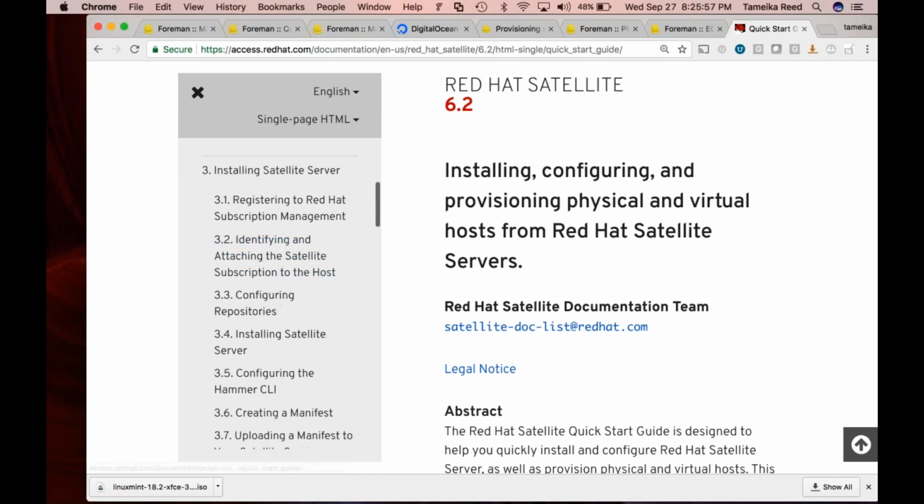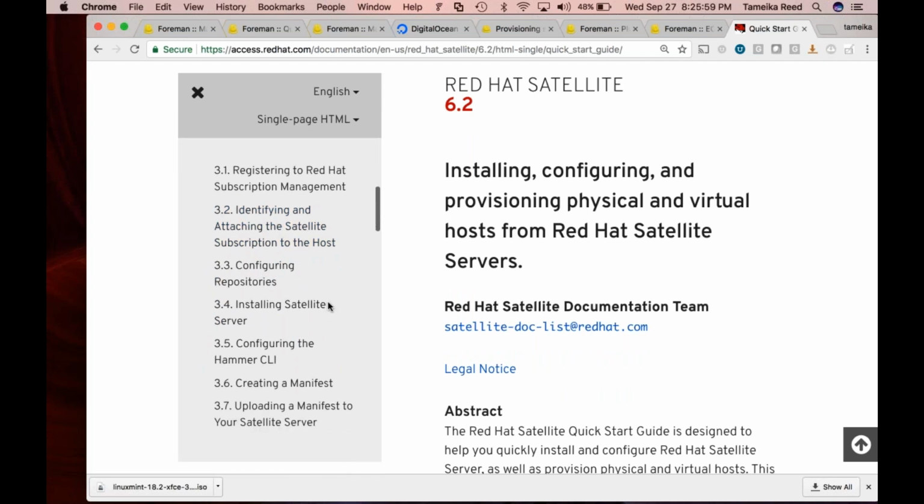All right, so you'll have Hammer. You get that as well to install. Hammer's like your command line tool to go and do whatever you need to do on the satellite server. So if I download an ISO, I mount it on my Linux box, I upload those packages into a repo that I've created on my satellite server, and then go from there. This is just a cheap version of that satellite server,